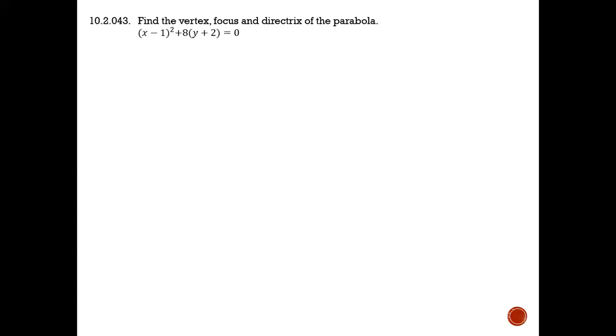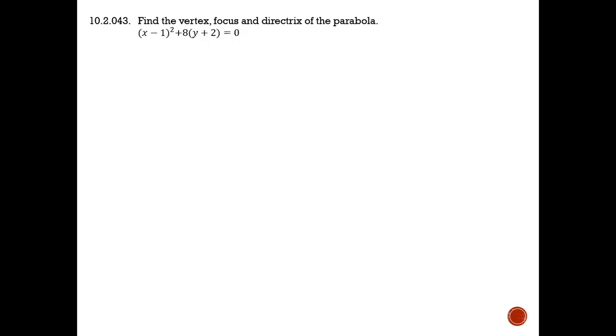All right, let's look at this one. It says find the vertex, focus, and directrix of the parabola. Now, for these problems, again, I'll keep on using the formulas just so you can see where these problems are coming from. But hopefully, we can also, from our knowledge that we learned from pre-cal 1, we know what's happening